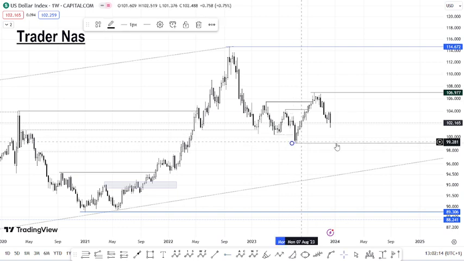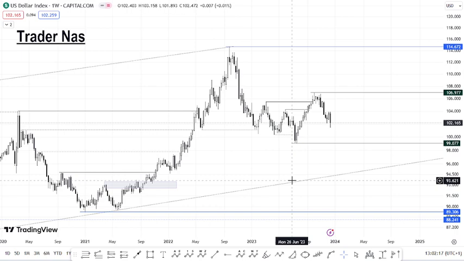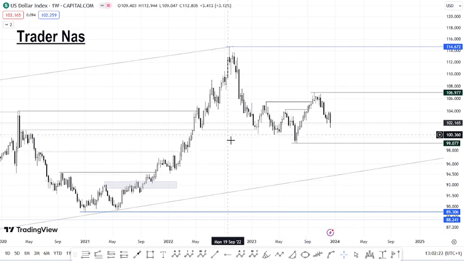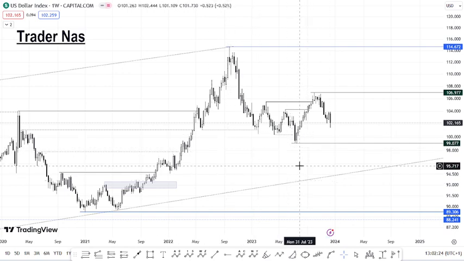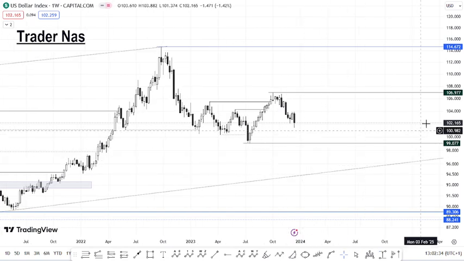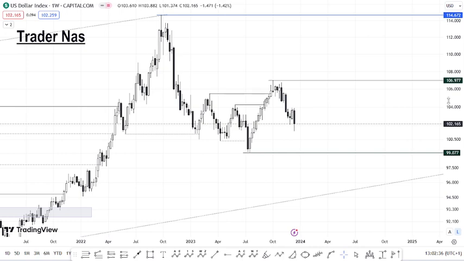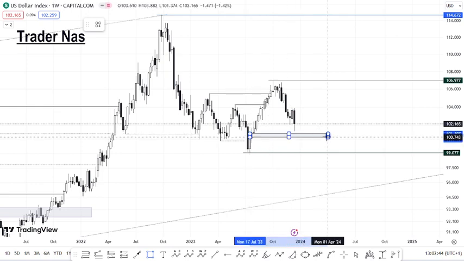So I'm looking for a weak dollar against maybe strong gold or GBP/USD or EUR/USD, guys. Why? Because we see that data that affected the USD index. That data was really affecting the USD index, guys. So my target for this USD DXY is this zone here that I see. Let me just show you. That is the weekly fair value. That is my first target, where I would like to see the dollar touch this zone here. That will be a sweet one, guys. That is my first target, guys.